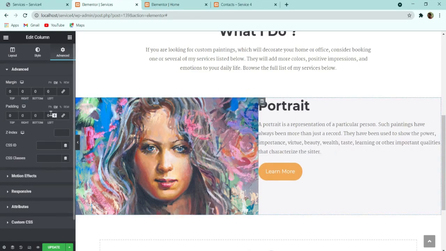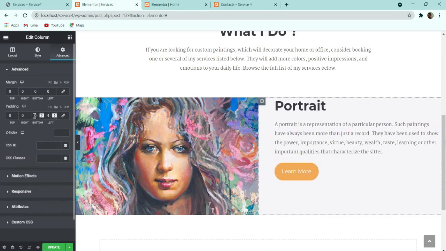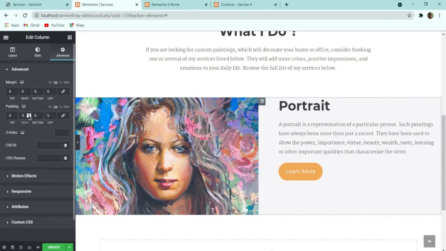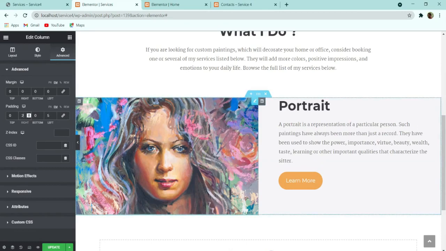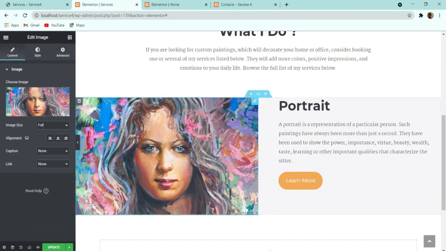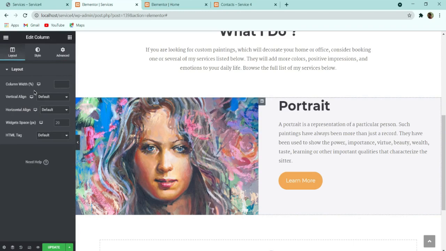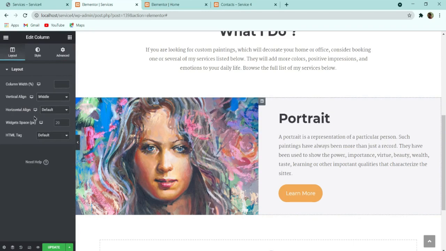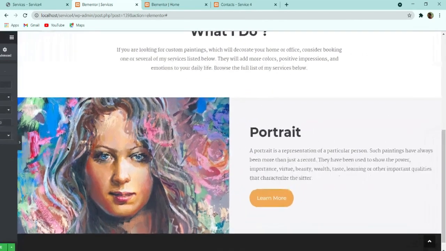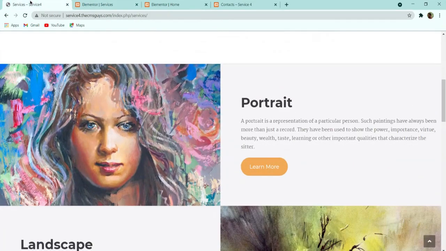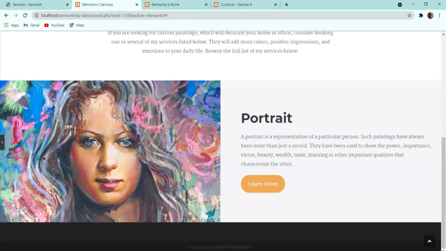So let me give a 5, and from the right side I will give it 2. And here you can see that I have to make the layout vertically aligned in the middle. And with this here you can see that we have made this section completely.